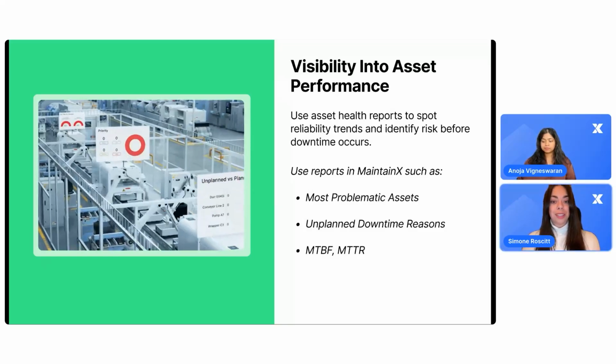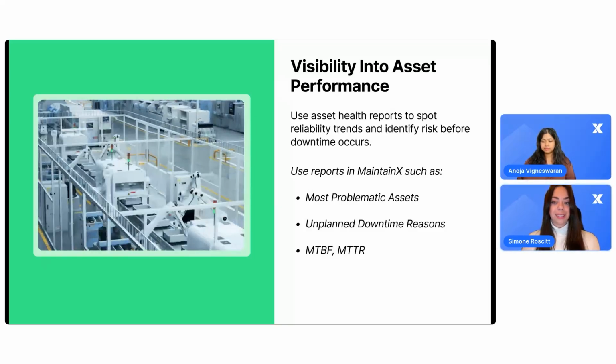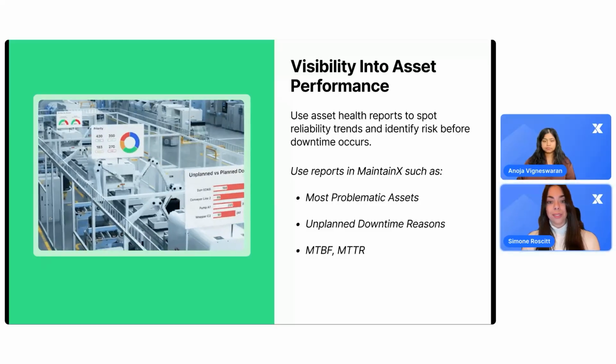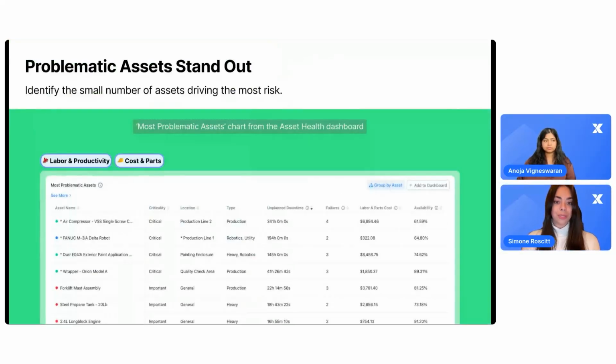Once you can see the overall performance, the next step is identifying which assets deserve attention first. And that's where we get into problematic assets. Asset health reporting also makes it easier to identify the bad actor assets. These are assets that fail more often, take longer to repair, or cause disproportionate downtime. Without reporting, these patterns can be easy to miss. With asset health views, teams can quickly see which assets are driving the most risk